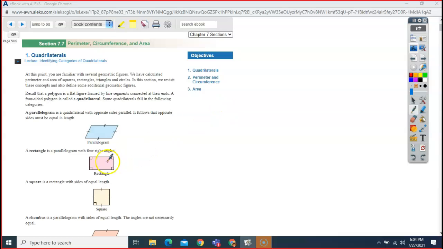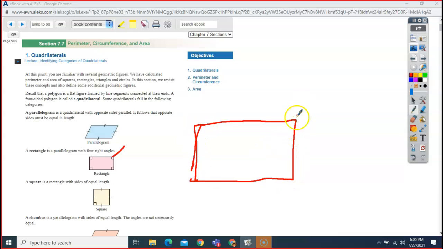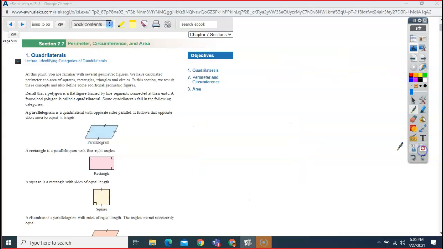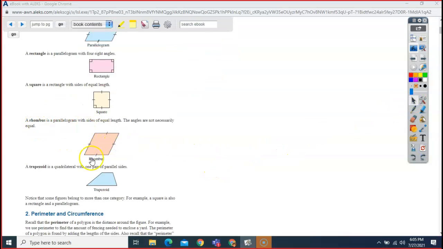Of course, for the rectangle, this piece right here because it's already going straight down, then you do say the length times the width, and the area is just L times W. L times W. Same thing for the square. You're always looking for a horizontal line and a vertical line on these four-sided shapes. The only one that's different is the trapezoid, because the top and the bottom are 2